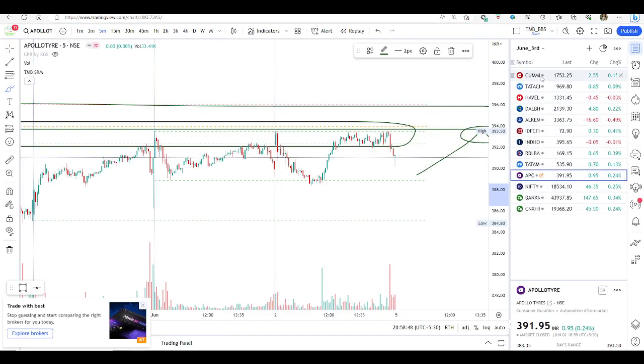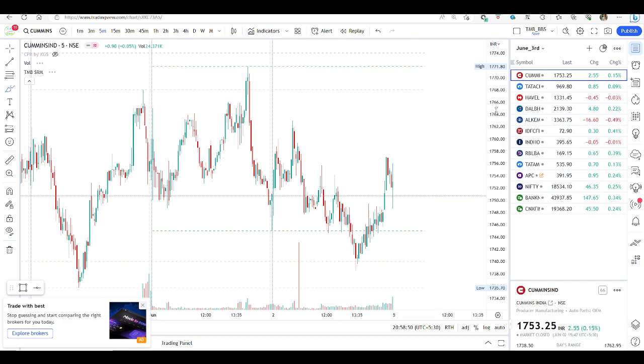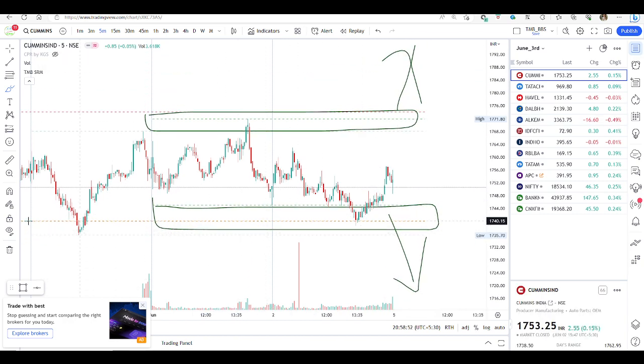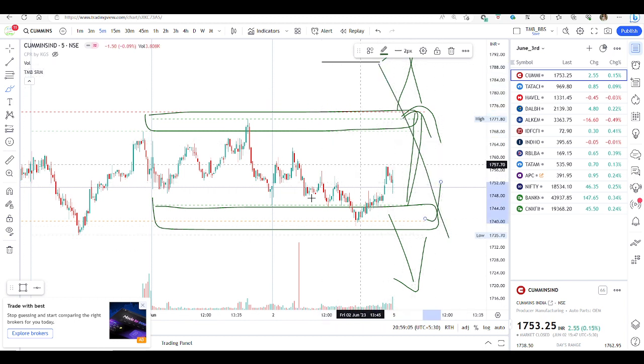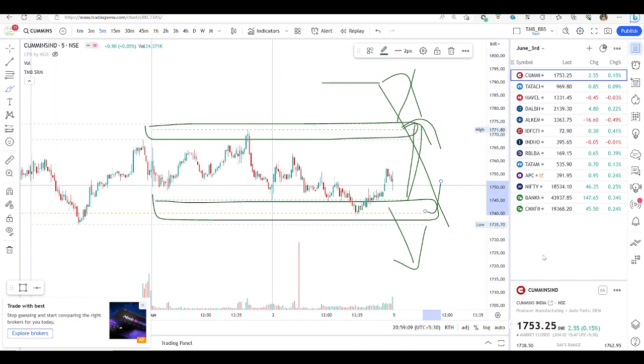Similarly, coming to Cummins, I am seeing some price action on the downside. It reached the downside, which is a good support, so we can look till this point only. If this opens very high, blindly I will look at the auto stocks. All the auto stocks you can reverse. You can look for the reversal trades.